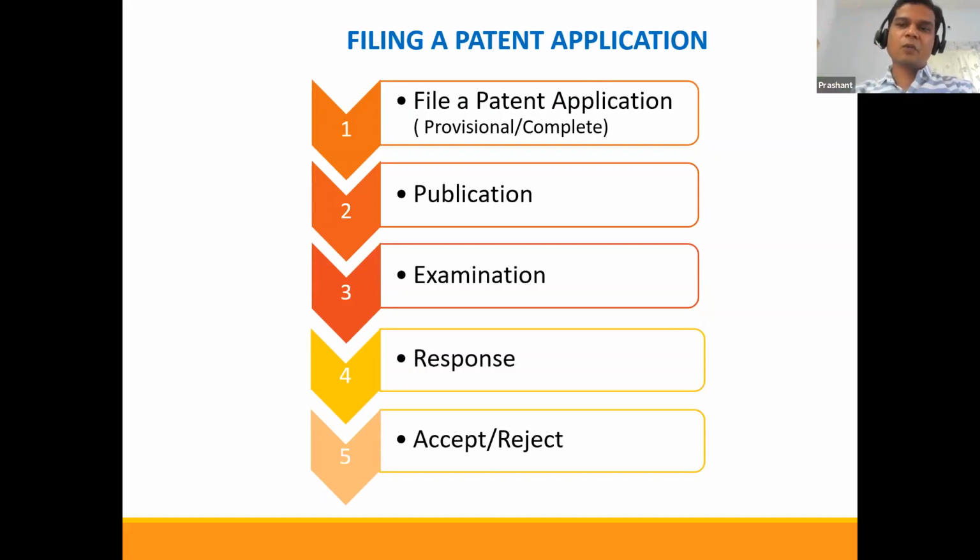Then there will be some formal objections. There may be a novelty objection or an inventive step objection using some prior art. Then you need to prepare a reply, which we call a response to the examination report. We prepare a response to the objections, and the timeline is 6 months. Earlier it was 1 year, but now it's 6 months to file a response to the examination. Of course, this can be extended by another 3 months by paying an extra fee.